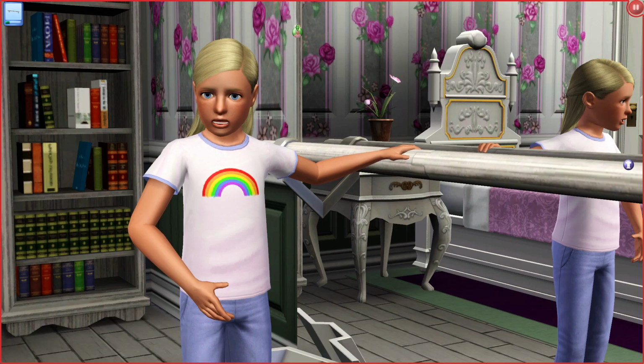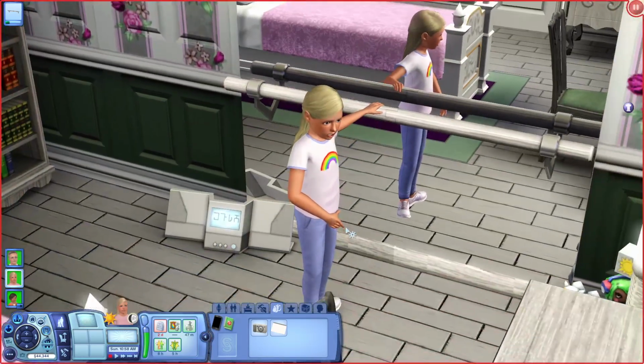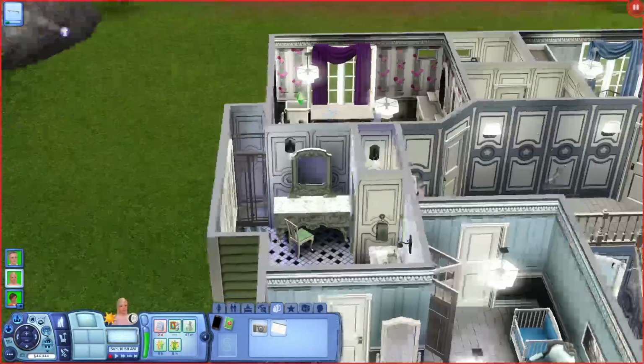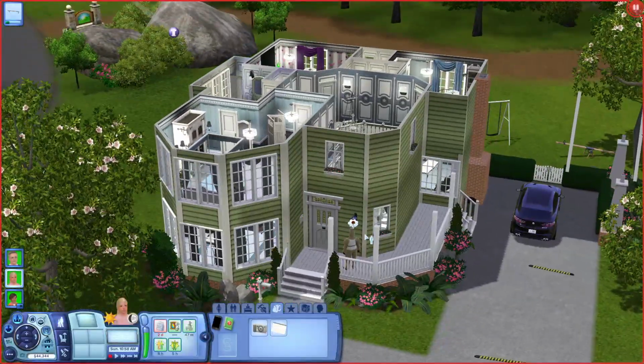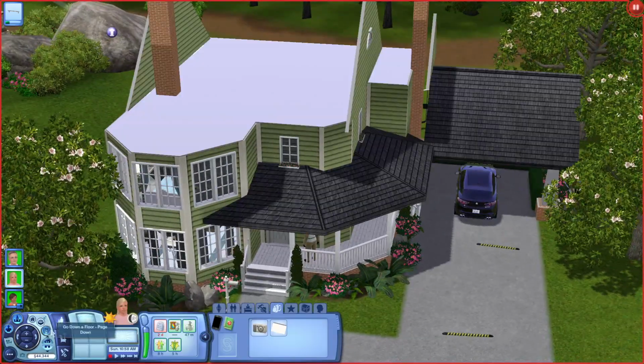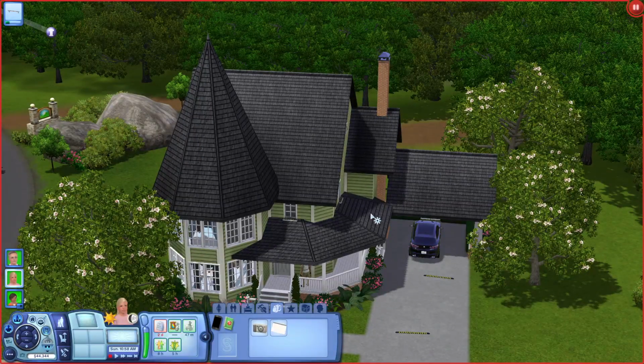She's not making the best face here, but this sim is pretty much the founder of the challenge. This is Clara practicing her ballet, and yeah, I don't even know what to say. So you may have seen the speed build for this house. I built this house. The university mascot is still here. But I built this house and built it specifically with this moment in mind, with like starting the challenge.